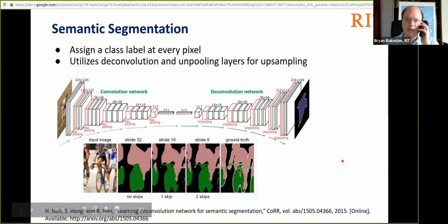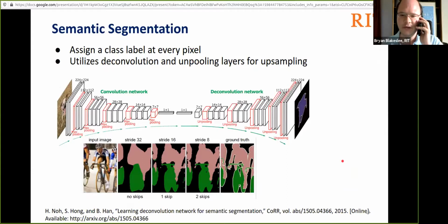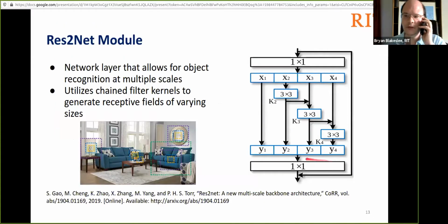So in order to build a network that realizes this new paradigm, we need to borrow from a couple of existing areas, specifically semantic segmentation, where you do pixel level labeling utilizing convolution and deconvolution networks. And also you need the Res2Net module.